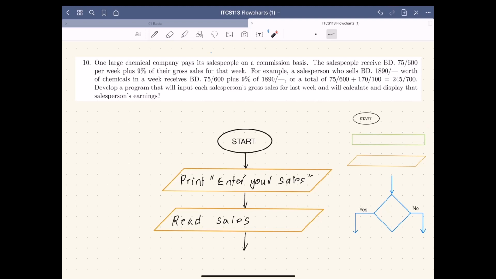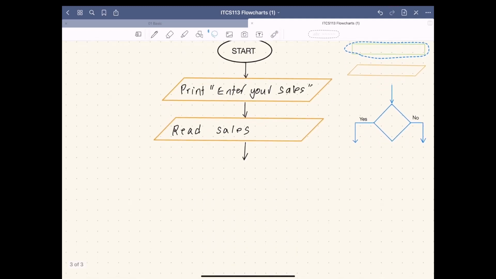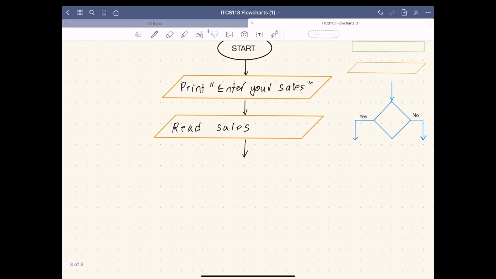So for calculation, we use this symbol. Let us make a copy of this symbol, which is a rectangle, and then paste it below, for the next step, for doing the calculation. Now here we need to write the equation, and let's call it salary. So we will write salary